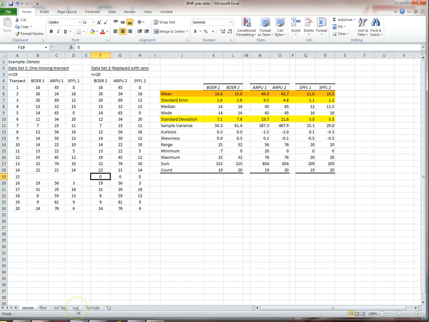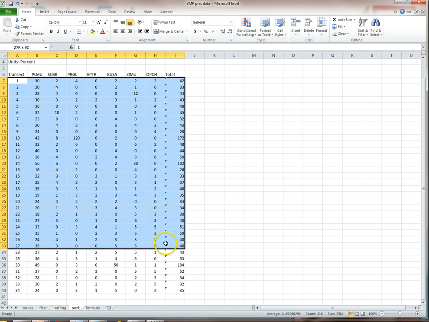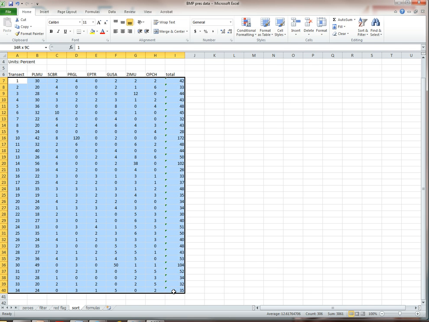Let's look at another example of sorting data. In this case, we've already entered the data, we've already checked it, but we want to use a couple techniques to see whether the data have any abnormalities in them. These are cover data that have units of percent, and they've already been totaled. We know that